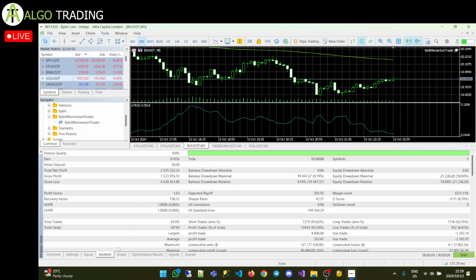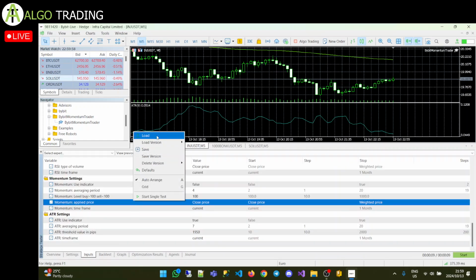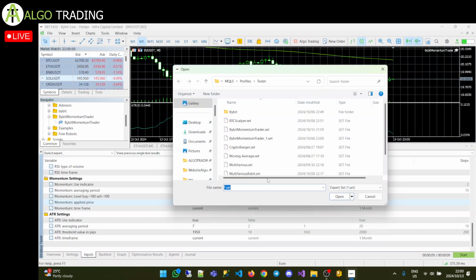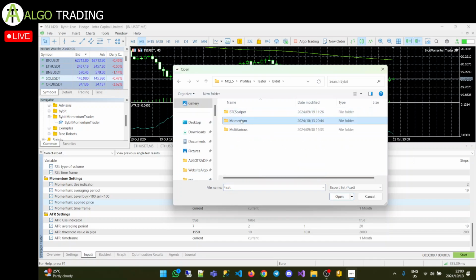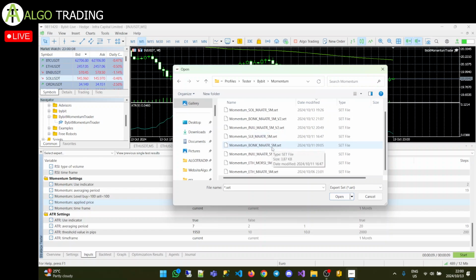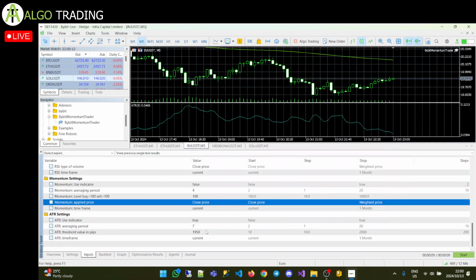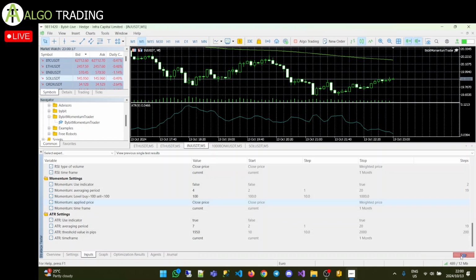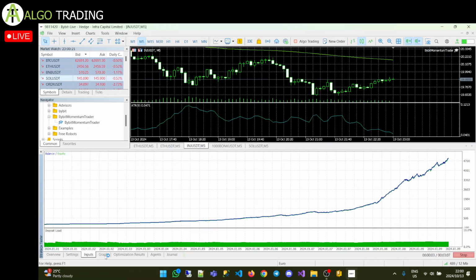I'm just going to load the set. And you can see I've got a lot of sets. I've created sets for Inju, Sol, Bonk, Sui. A lot of sets I've created. So let's use this one, the ATR one. So if we're going to start here. If you look at the graph,